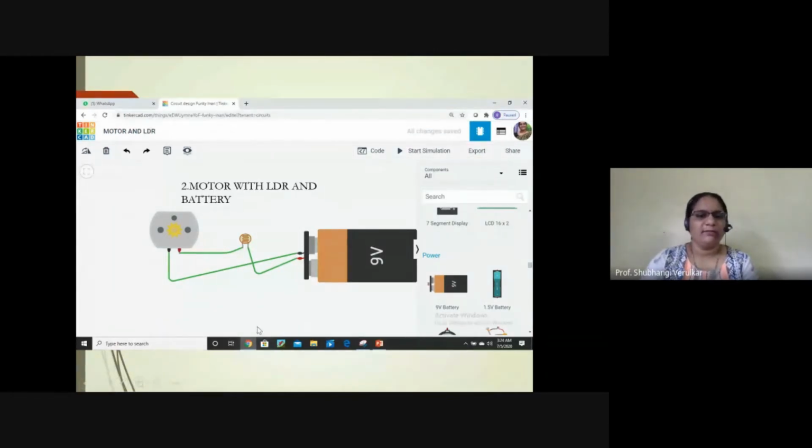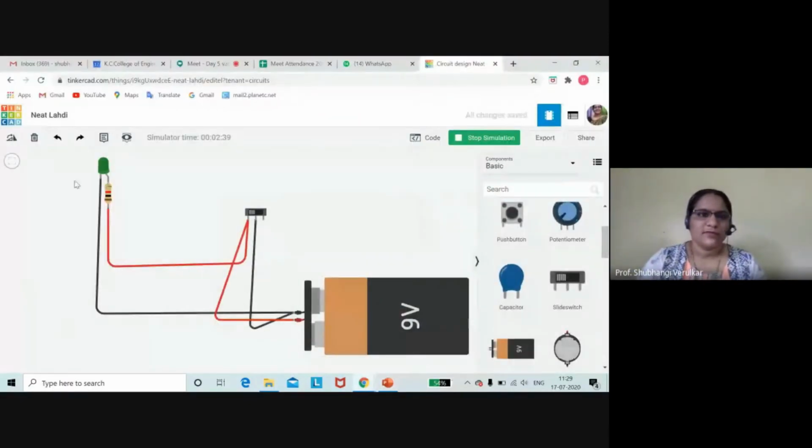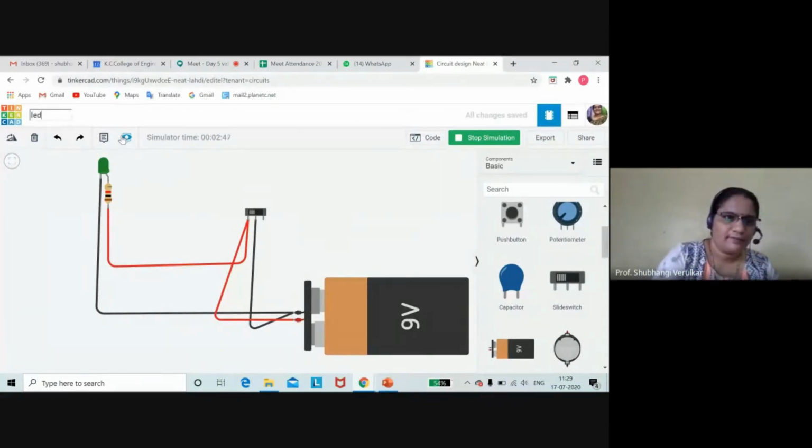So what will be the component requirement in your project? One battery, an LDR and your motor. If you want to save it, what will you do? Just click here. Write LED control with slide switch.